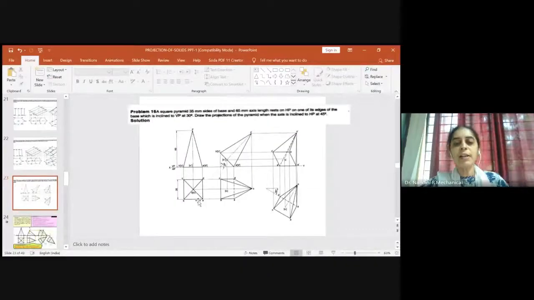So as a result, the top view in case of the square pyramid will be just a square. It is resting on one of its edges, so you will draw a regular square. Everyone knows how to construct a square. Just draw a horizontal side, measure 35 mm, take 90 degrees above from each corner, and then measure 35 mm and cut an arc, measure 35 mm and cut an arc. You got all the four corners. Kindly join and make it visible.